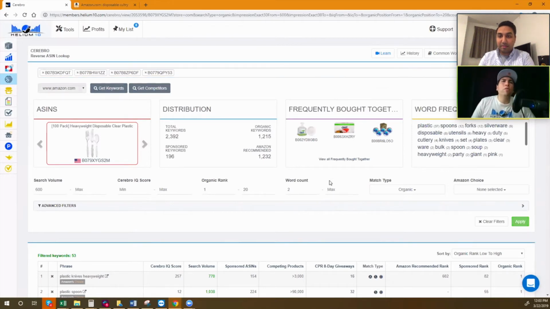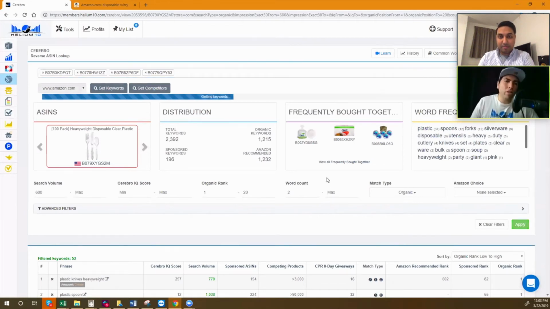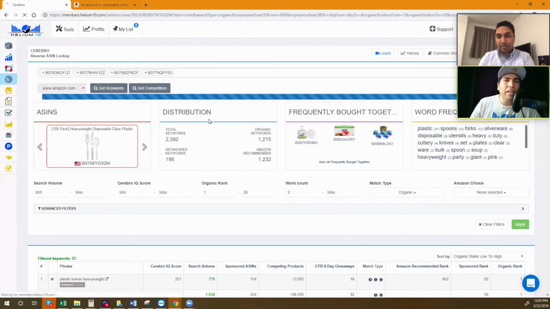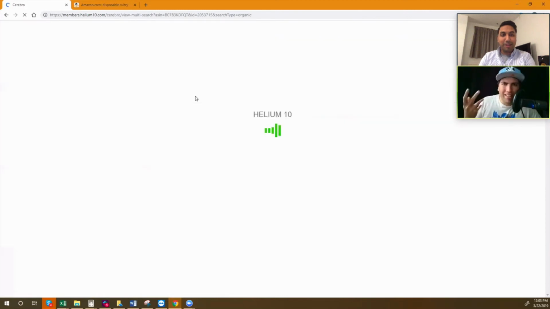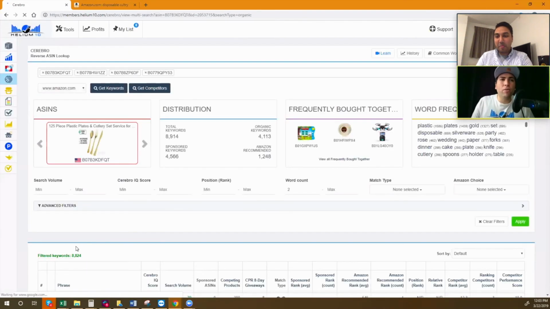So now I'm going to do get keywords on this, and what it's going to do is it's going to show me the keywords that any one of these 4 products are ranking for. But I'm going to show you how to narrow down to get an even more laser focused idea about what are the top converting keywords for any kind of gold plated plastic. That doesn't even sound right saying. All right, so let's take a look. This is going to have more keywords here. Look at this, 8,000. And the reason is because now it's taken from any one.